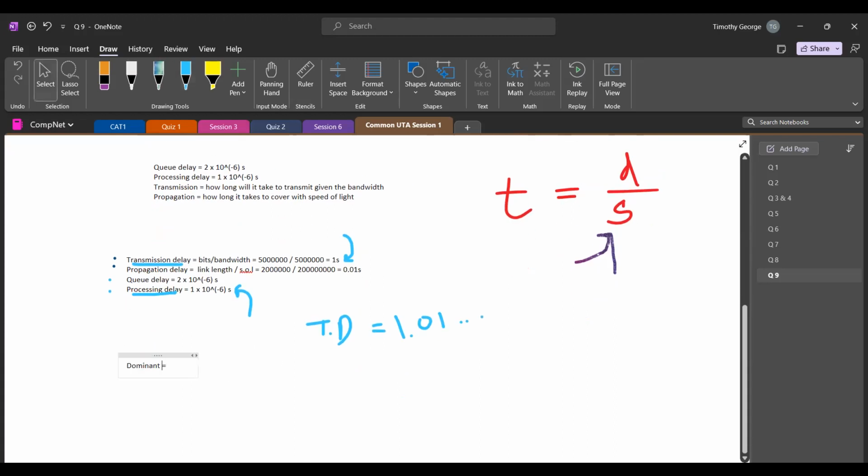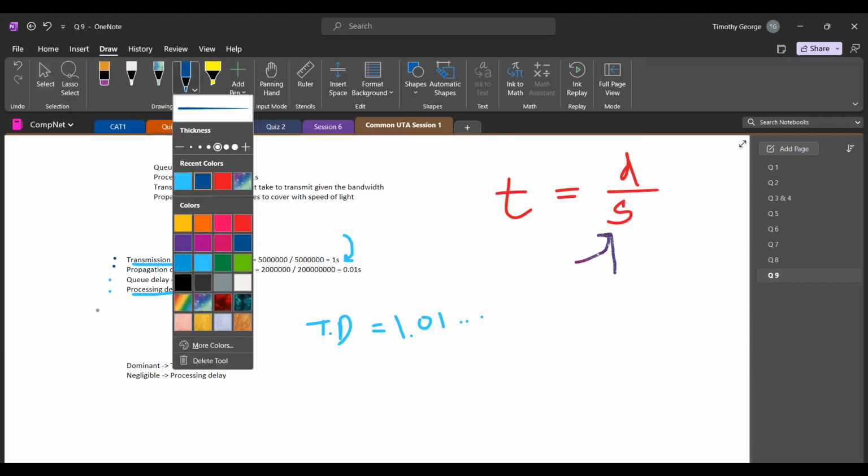Dominant is transmission delay. Negligible is processing. Now, if you want to look at this question and ask,